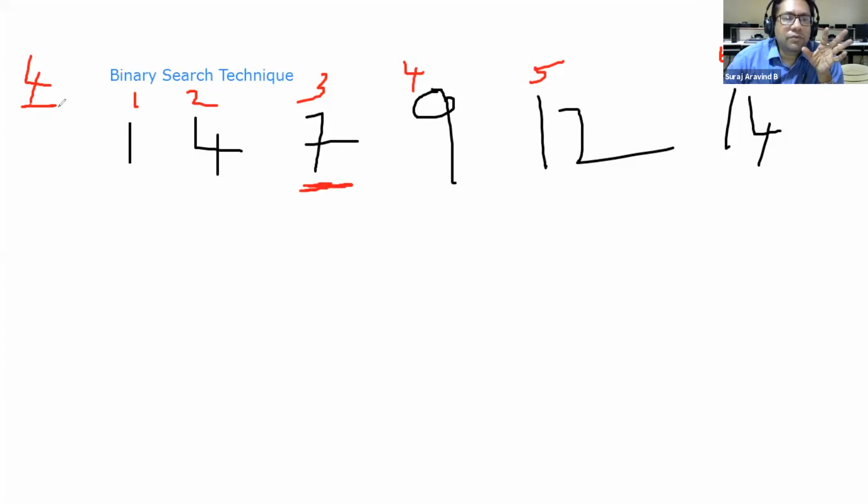Now you find out whether the number you are searching is equal to this middle element or not. If it is the same, you can just come out saying that I have found my element at a particular location. If not, if the number you are searching is less than the middle element, you have to search this part. If the number you are searching is greater than the middle element, then you have to search this half.